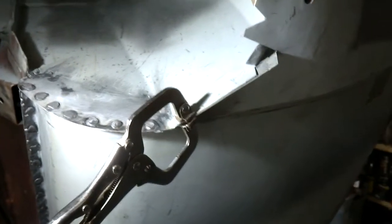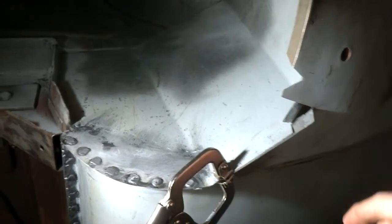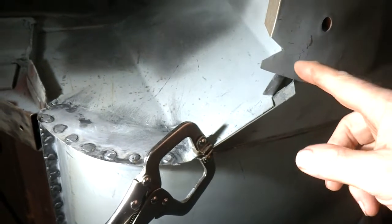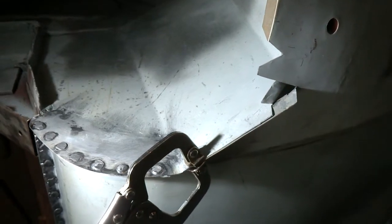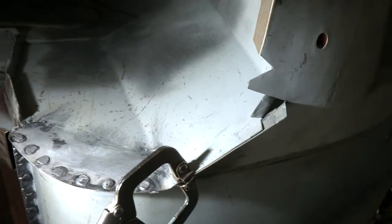Just need a little bit of help as to how this section welds up. The thing that confuses me is this piece sticking out. Now this is the repair section that I got. The front part is the repair section. So that's on there for a reason. Now the way I made the inner guard was to,